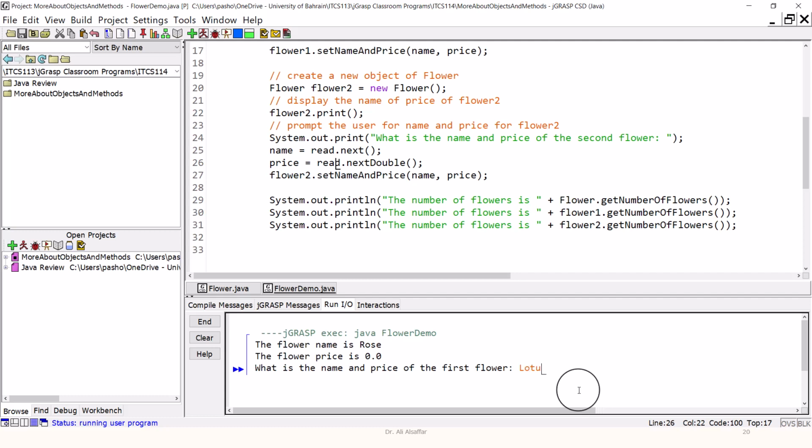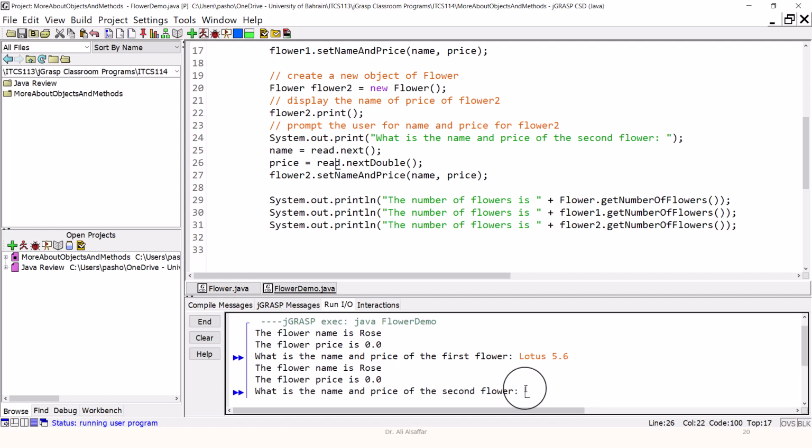So let us assume we have Lotus, and the price is 5.6. We press enter, and again we have created a second object, and again the default values for that object, Rose, and the price 0.0. And now it's asking for another flower, so we will call it Tulip, and the price